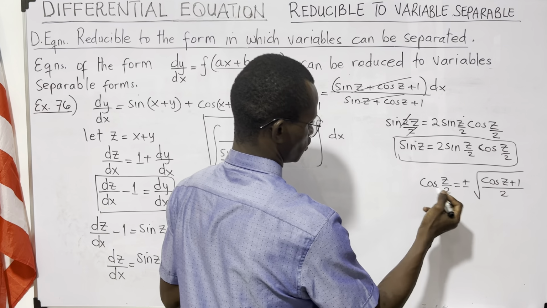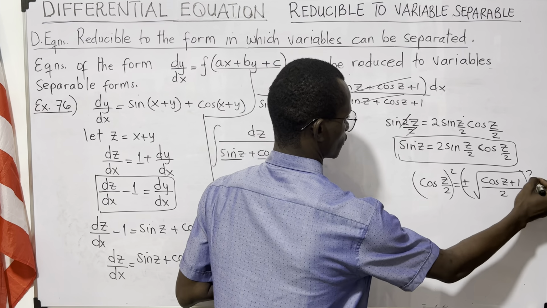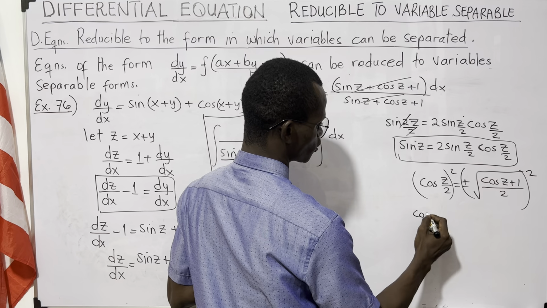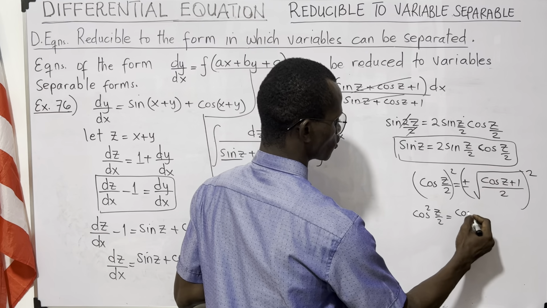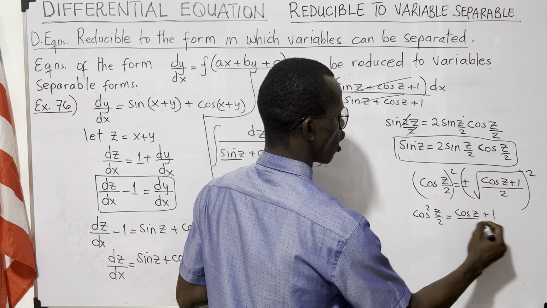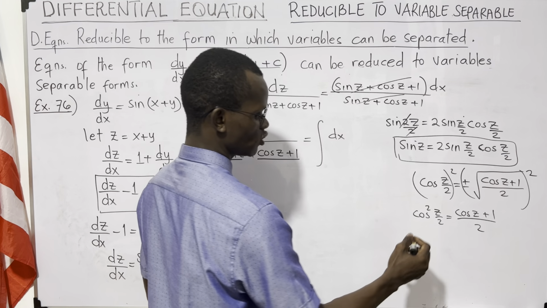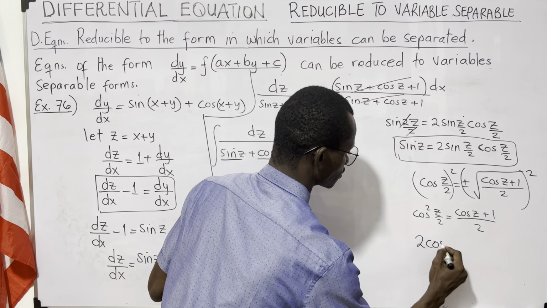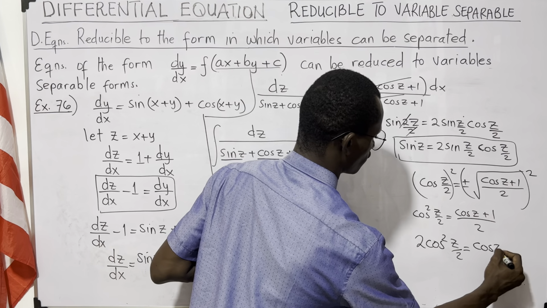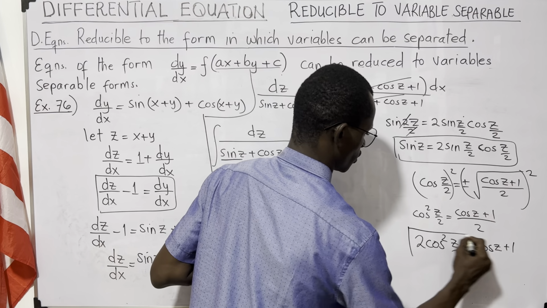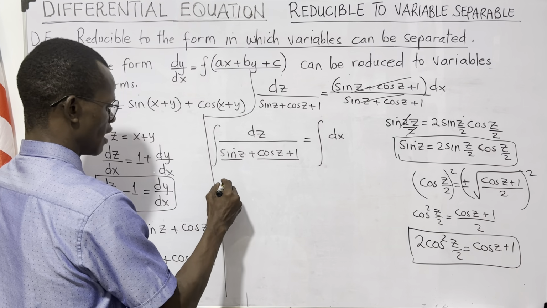That is, we square both sides. So we square both sides, we have cos square z over 2 is equal to cos of z plus 1 all over 2. So we cross multiply 2 times cos square z over 2 gives us 2 cos square z over 2 equals cos of z plus 1. So we're going to use these two identities now. So we have the integral of